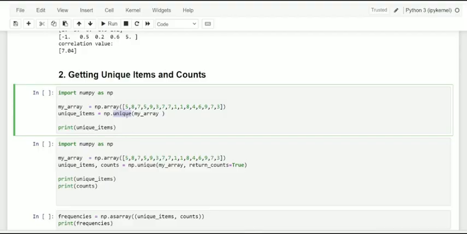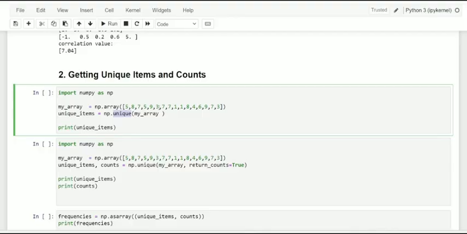Here the given NumPy array is 5, 8, 7, 5, 9, 3, 7, 7, 1, 1, 8, 4 and 6, 9 and 7, 3 lastly. Here I want to know which items are unique, so I should not get any duplicate value. Only the unique items have to be printed. For that we are going to pass the method unique.